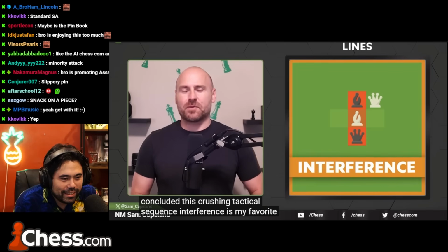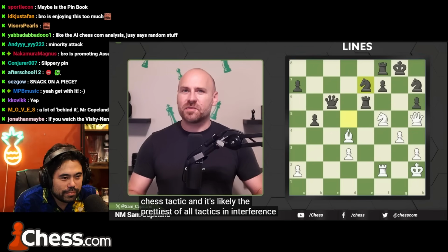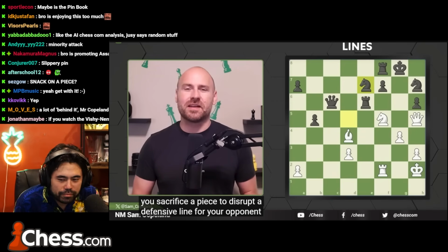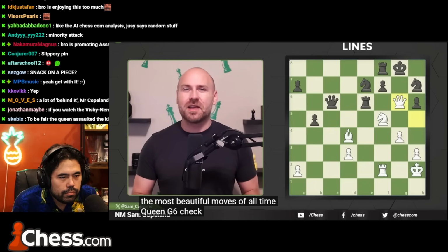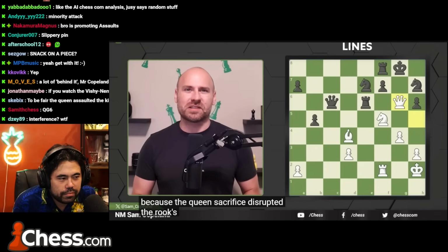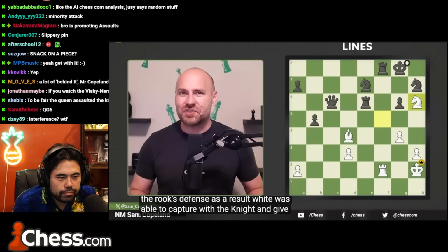Interference is my favorite chess tactic, and it's likely the prettiest of all tactics. In interference, you sacrifice a piece to disrupt a defensive line for your opponent. One of the most beautiful moves of all time, queen g6 check, forced checkmate in 2 because the queen sacrifice disrupted the rook's defense. As a result, white was able to capture with the knight and give checkmate on the